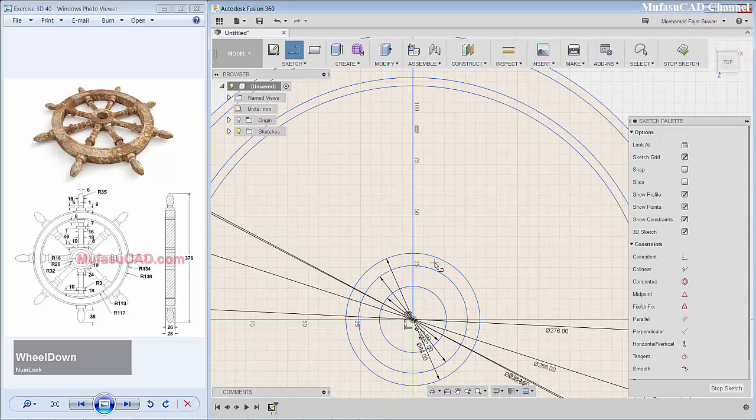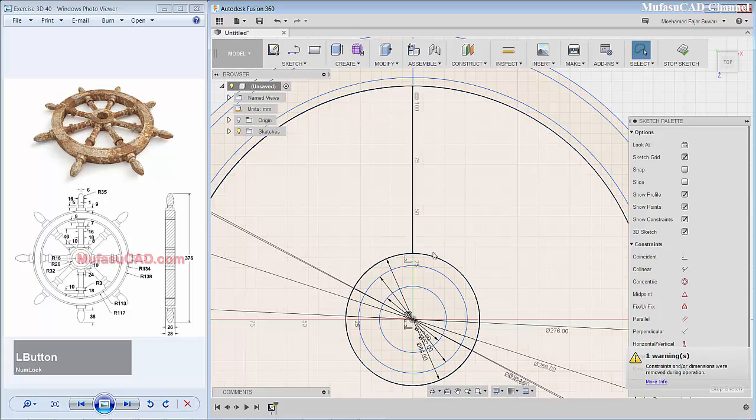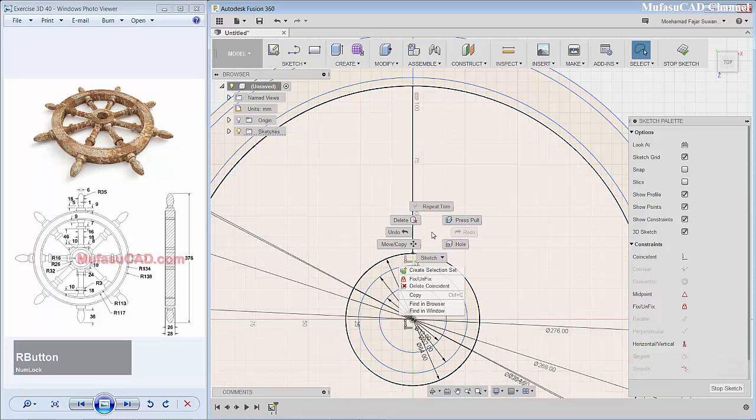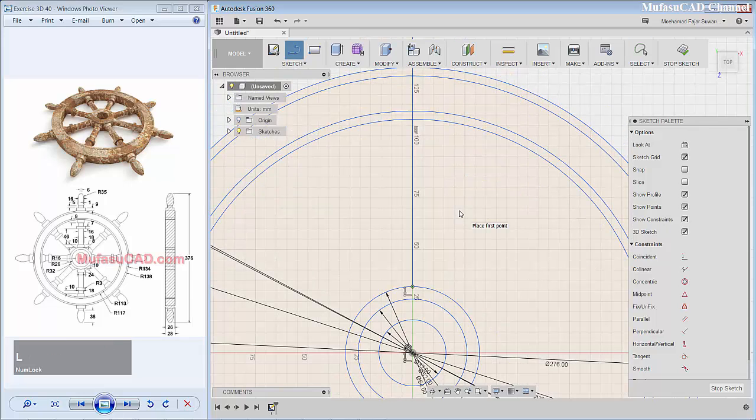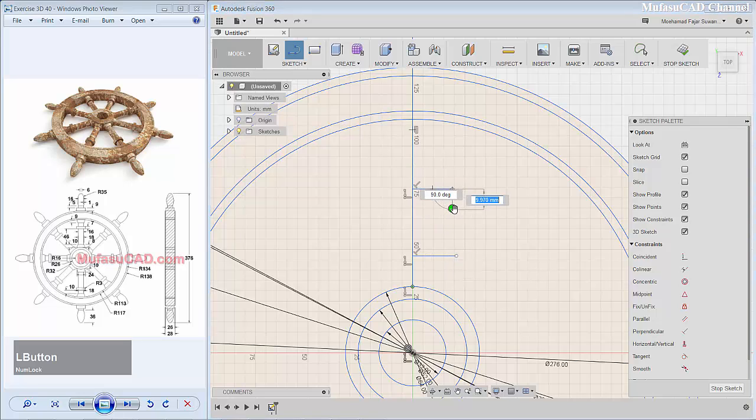Okay, you can create a line object start from the center point to the top here. And then I will use a trim command to cut this line object. Right click and OK. Click cut this point. Right click and choose fix or unfix. Okay. I will create 4 lines. Start from this point to here. Okay, and in here. Okay, I will create in here. And the last line I will create in here.